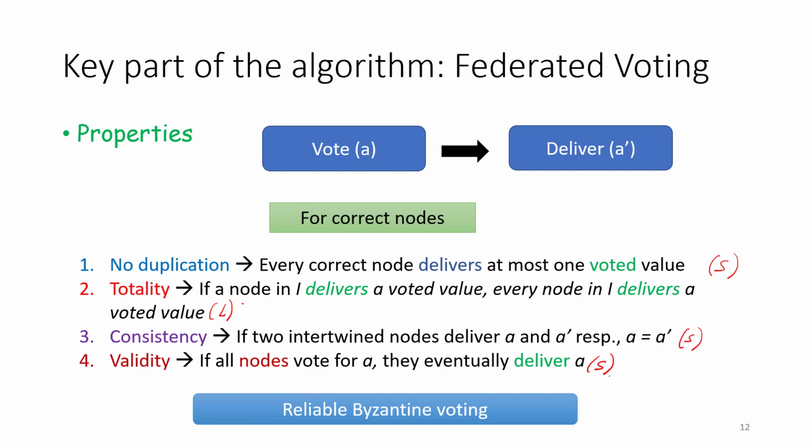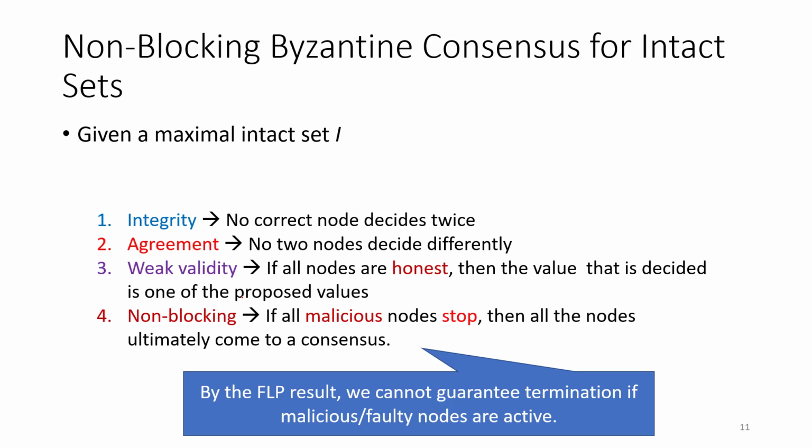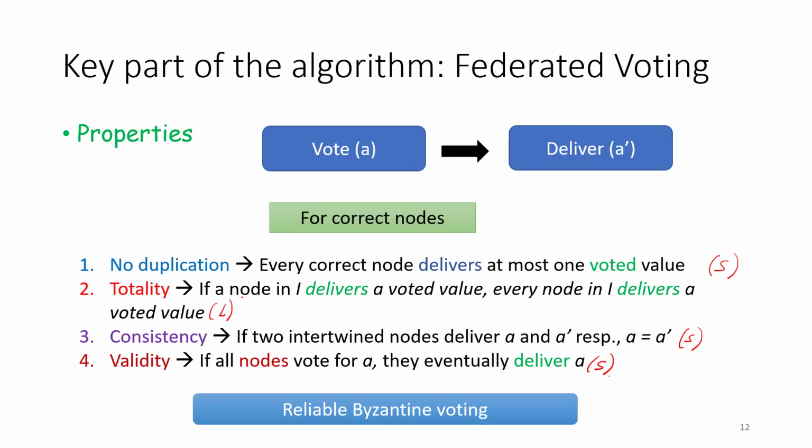So what we see over here is that federated voting is again taking some aspects of consensus. Of course, it has a different liveness condition as compared to this slide. But the idea basically is that the first slide was consensus for intact sets, and this is a property of federated voting, which will ultimately take us towards consensus for intact sets. So federated voting as such is a step. FV is a step, and FV will take us towards consensus.